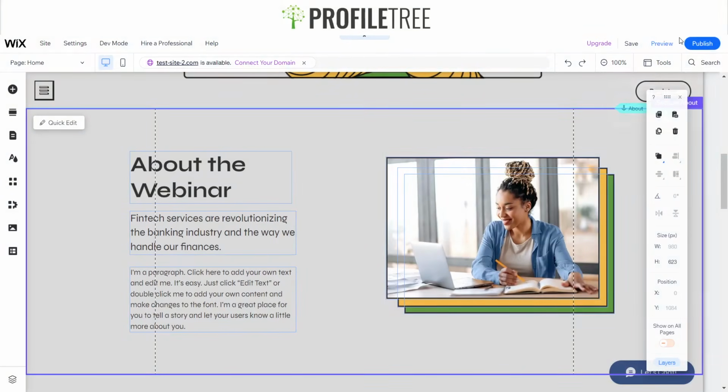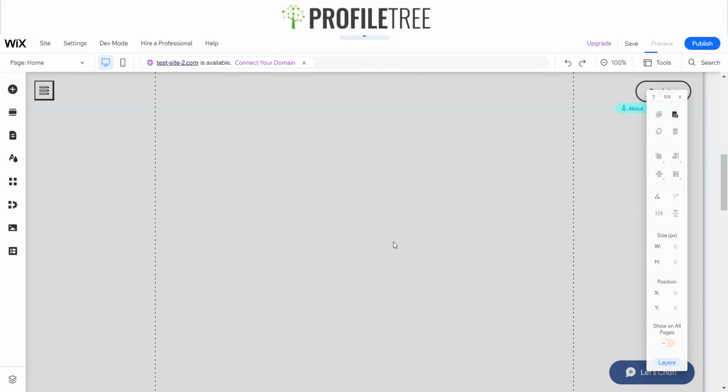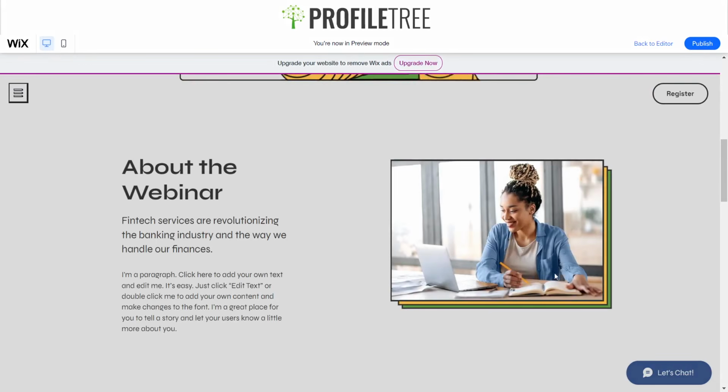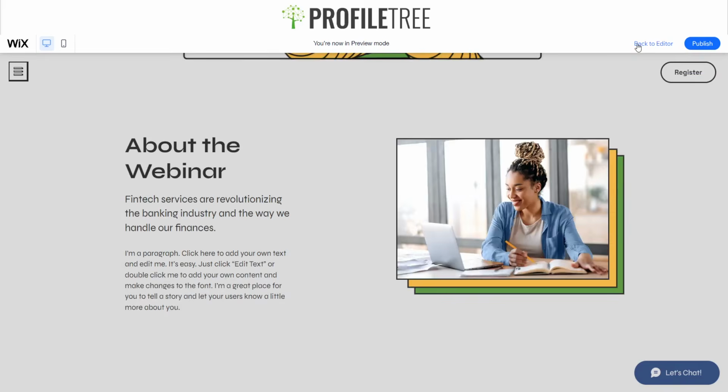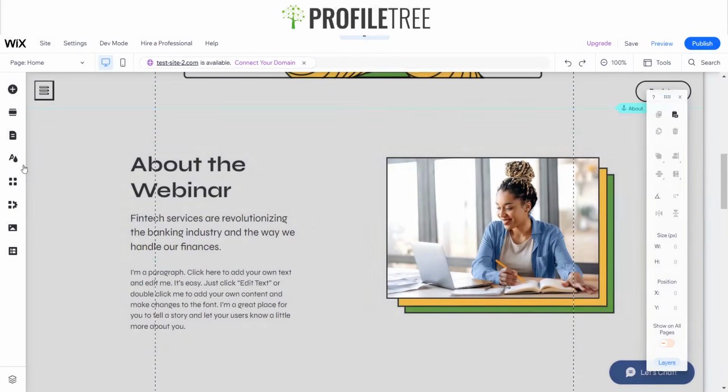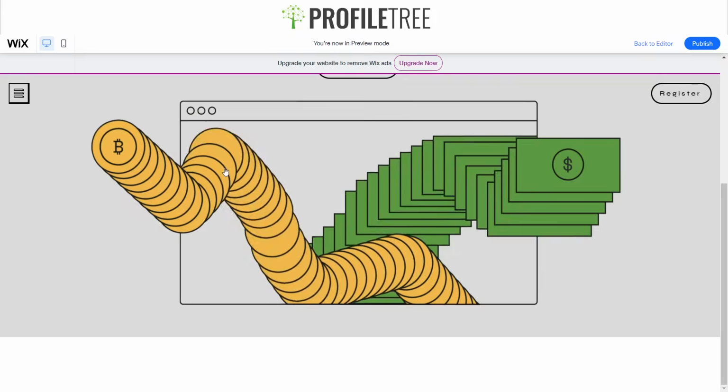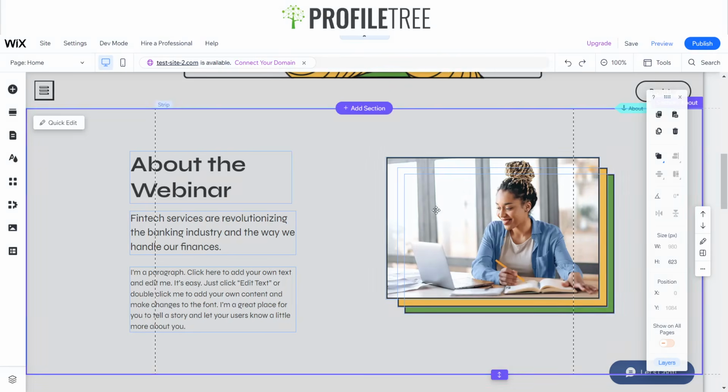So if we preview this, as you can see, they've got that little animation going on there. Obviously, you'll be wondering how they did that. That's fairly easy. We're going to attempt it. I'm pretty sure that I know how they got around to doing that. So if we go back, and then we'll just check out what their